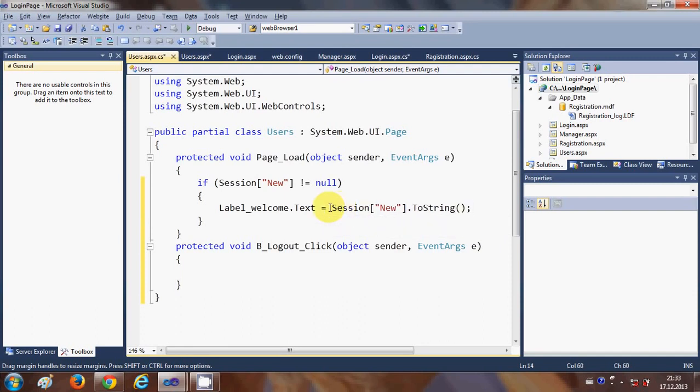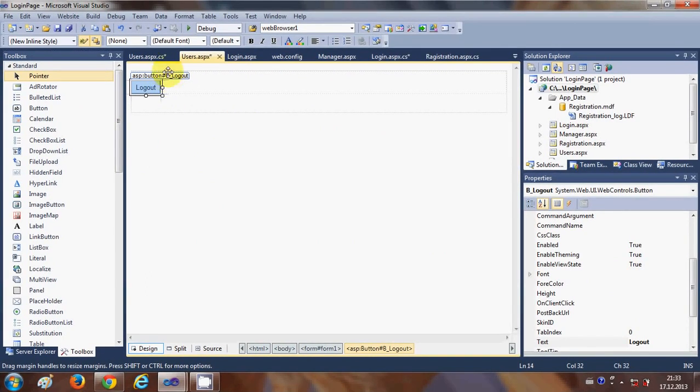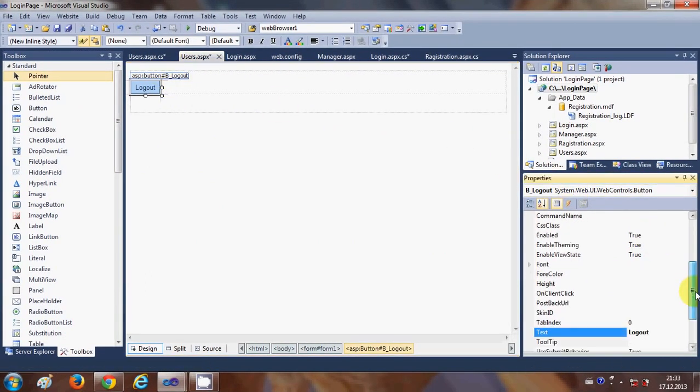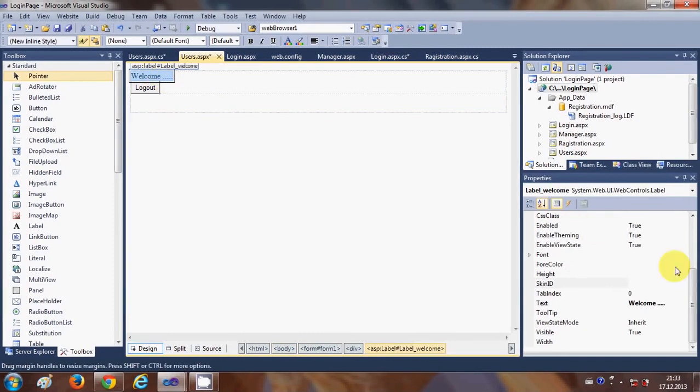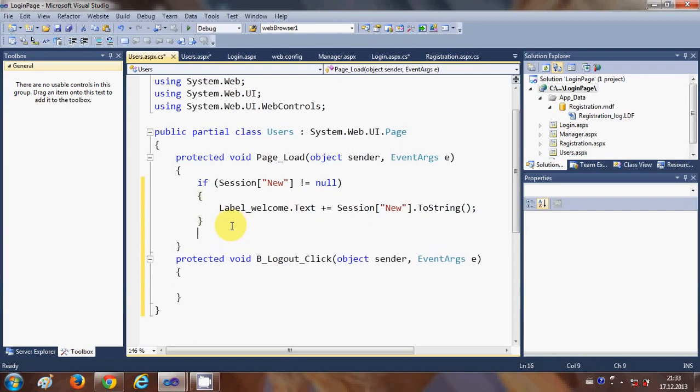So I will convert this session data to the string, and I will transfer this into the label, and we already have welcome as our text here in the label welcome. So in the user.aspx, we can just provide this plus sign, so it will say welcome whatever the username is, or else